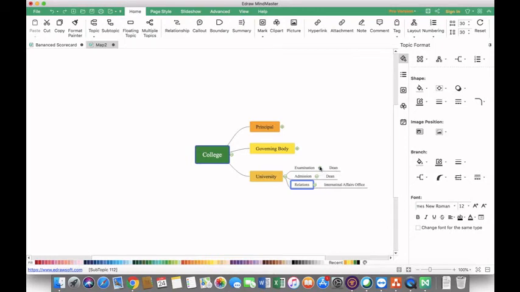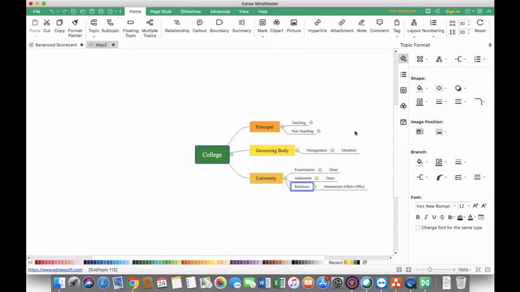In case of the governing body, the governing body has our own management system, and this management system includes the members of the management, and these members take care of the decisions related to the management of this college. And our principal takes care of teaching as well as non-teaching activity in our college. The teaching activities include the number of HODs, and the non-teaching activities include the administrative officer in our college. And now all these people will take care of the college management as well as educational systems. So that's how we can prepare our charts, and we can use this chart for our presentations in our meeting.